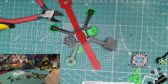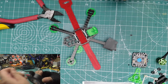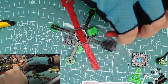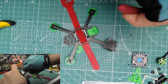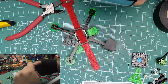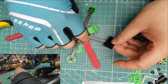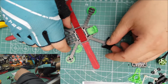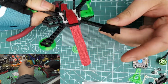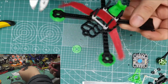I've tried soft mounting with the cream puff that I have, and I really like the way that flies and how it feels. Feels very locked in. So I believe soft mounting does work. It's not all hype. But